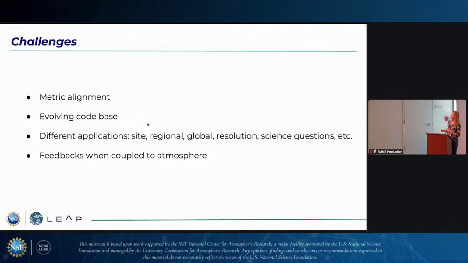A challenge for this system also is that this is a perpetually evolving code base. And so we can't just run this really large experiment and have that be our only version, and then as soon as a new parameterization comes in, all of that is kind of not representative anymore. So we need to think about how to make these tools flexible enough that they can adapt to an evolving code base. We have a bunch of different applications, so it needs to be more flexible there. And then we're also, unsurprisingly, finding that those feedbacks when we couple to the atmosphere have a really big impact